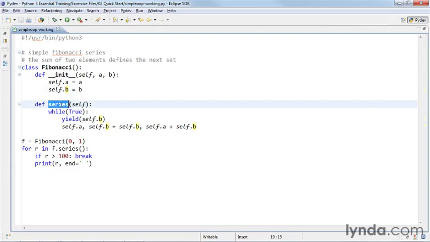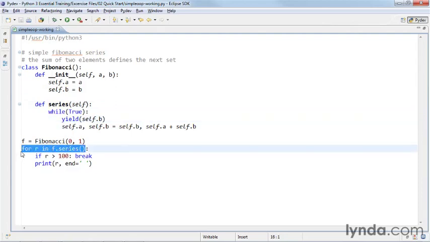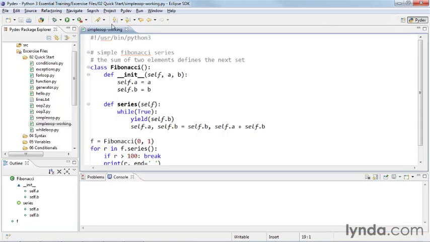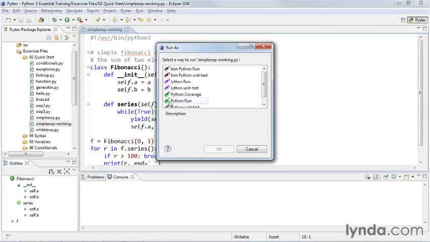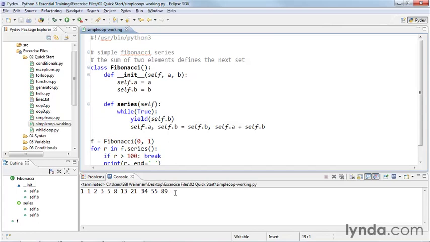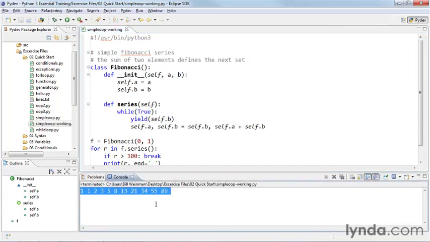And then we have this second method or function, and this one is actually a generator. You see it uses the yield statement. And so that generates an iterator, which is used here in this for loop. And so for r in f.series is going to give us a series of all the Fibonacci numbers that are less than 100. So let's go ahead and run it. And there we have our Fibonacci series up to 89, which is the last Fibonacci number that is less than